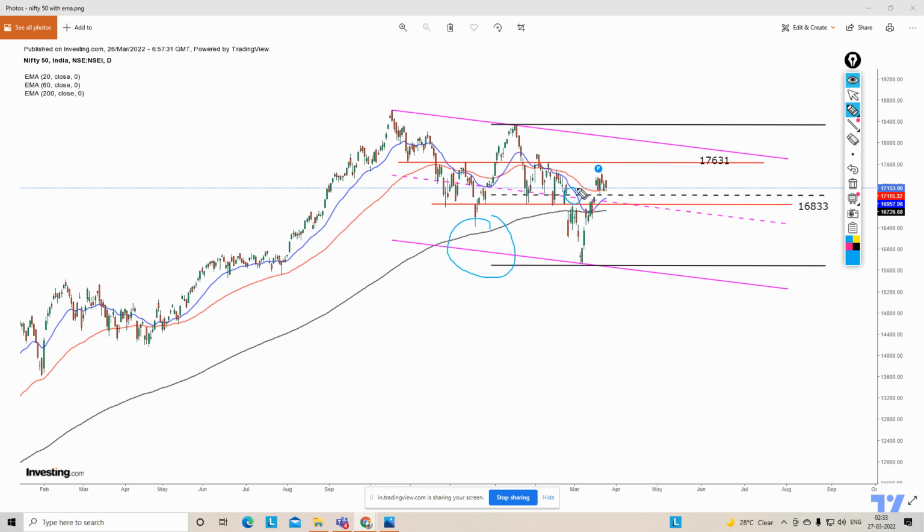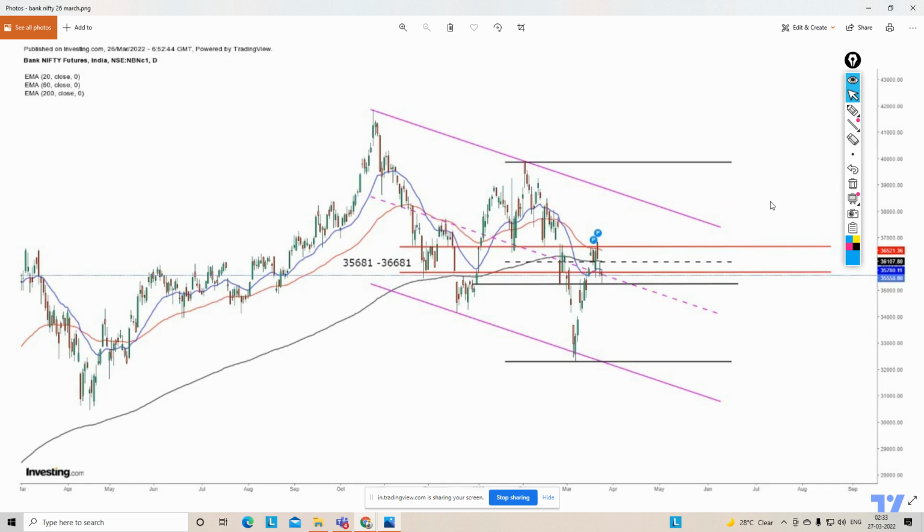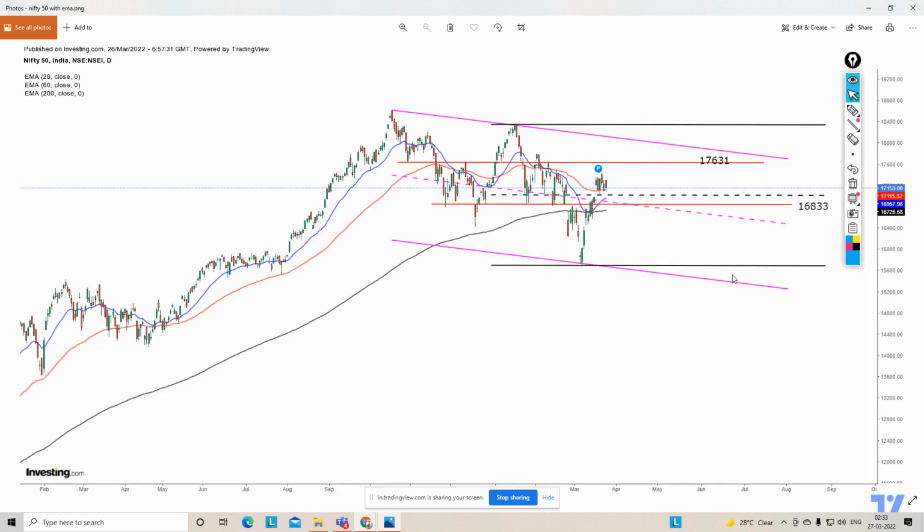This blue color is your 20 EMA, and the red is your 60 EMA. So what we saw in Bank Nifty is that Bank Nifty is below the 20, 60, 200, and Nifty is above the 20, 60, 200. This characteristic within the index itself, since Bank Nifty has more than 36% weightage in